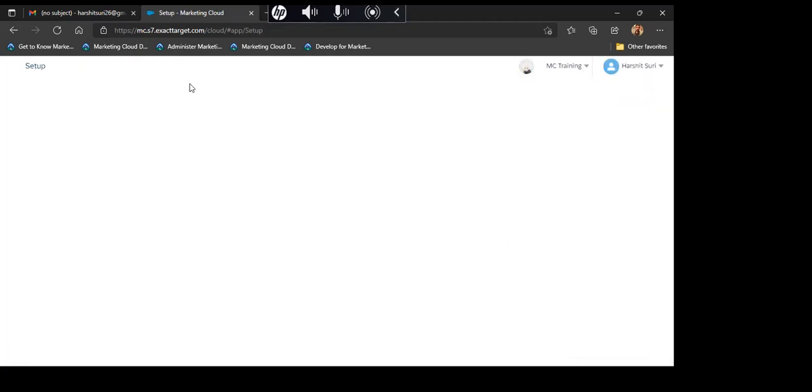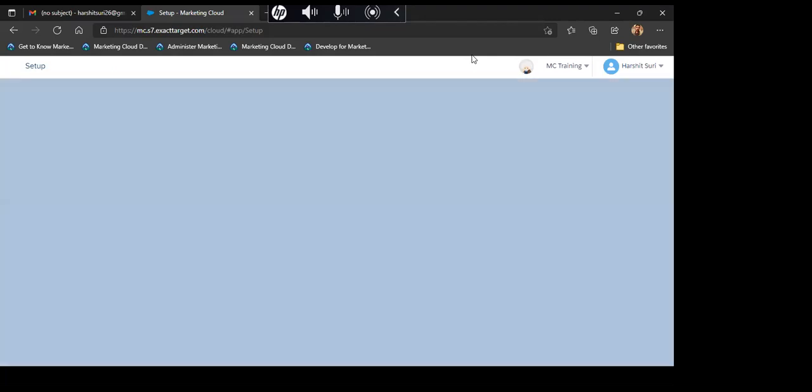No, I'm asking about proxy support. Suppose I get a job in Marketing Cloud and I don't know much of it. I need some job support. Is a remote login possible? Yes, definitely it is possible. Remote login is possible. I also provide support. I don't take logins, but people explain to me and share their screen, and I'm able to provide answers and support to them. How do we share the screen? Maybe Zoom. You can use any platform you want.